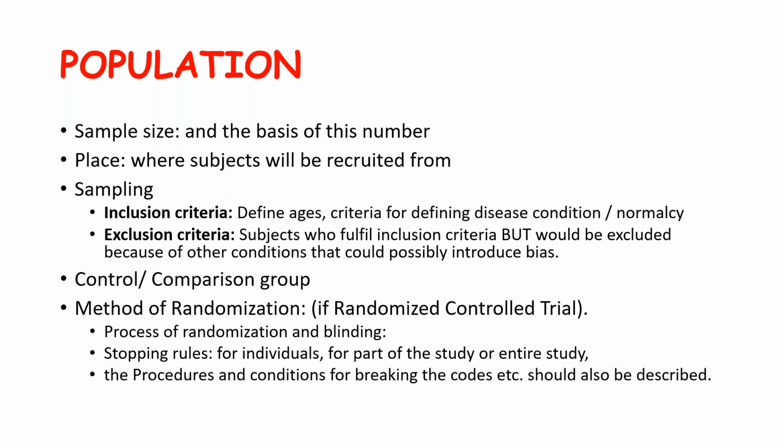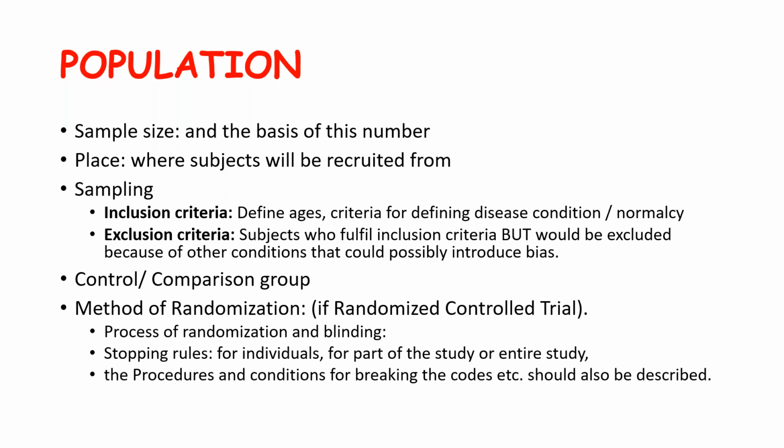Now here you have to keep in mind, which most people make a mistake, is they just write the opposite of inclusion criteria. So it's not the opposite of inclusion criteria. Suppose your inclusion criteria is age 20 to 40, all males from 20 to 40. You will not write in your exclusion criteria all females or all those who are less than 20, more than 40. So it is not the opposite of inclusion criteria.